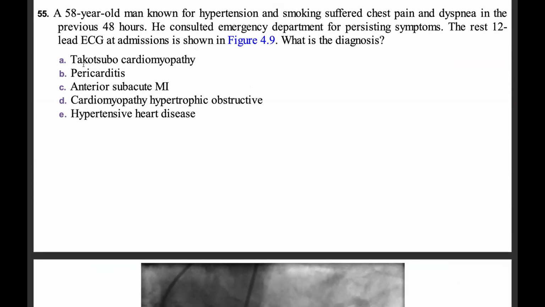So for Takotsubo, I don't know whether there are specific ECG findings for them, but from what we saw, just non-specific T wave changes that may happen, or ST segment elevations, but not really specific for Takotsubo, like any other MI. For pericarditis, there is nothing suggestive. For hypertensive heart disease, the voltages are not that high for us to be thinking about hypertensive heart disease, and the same for the